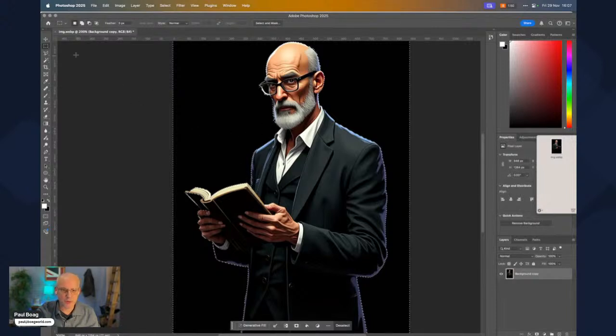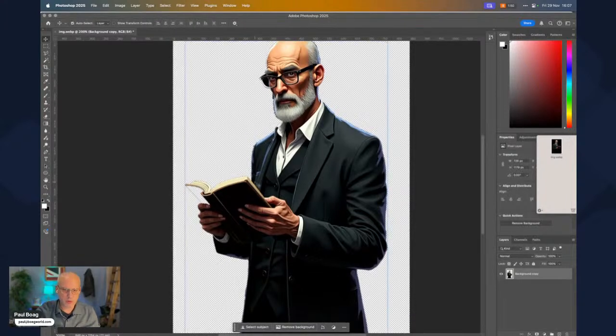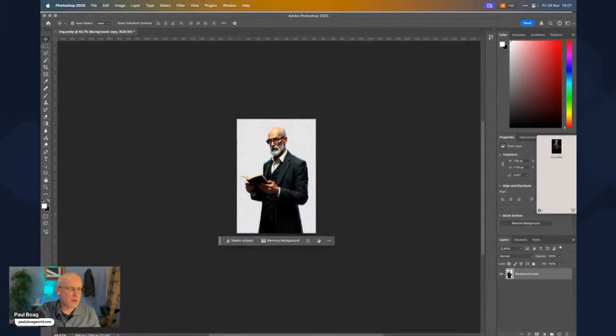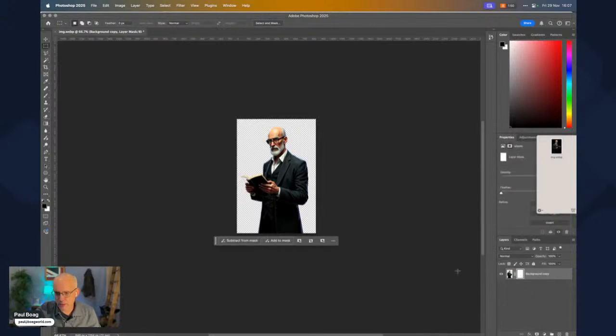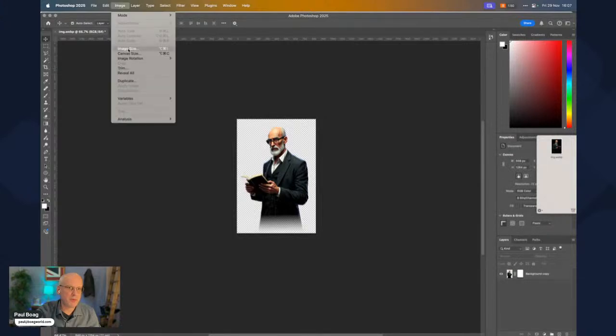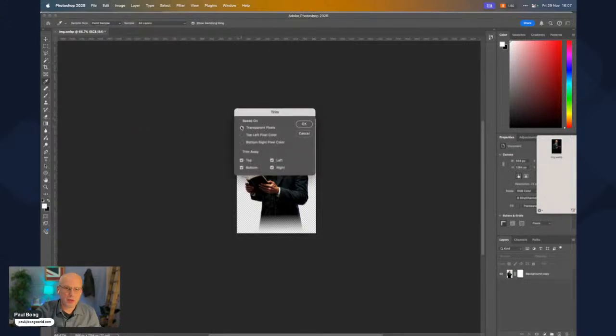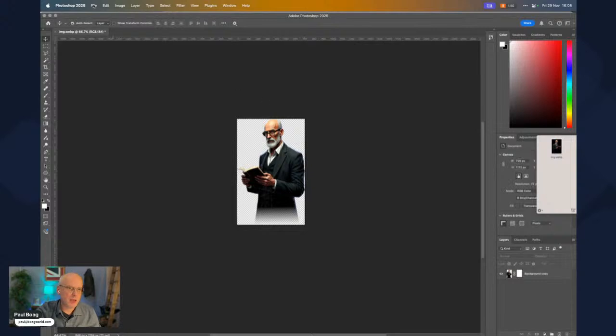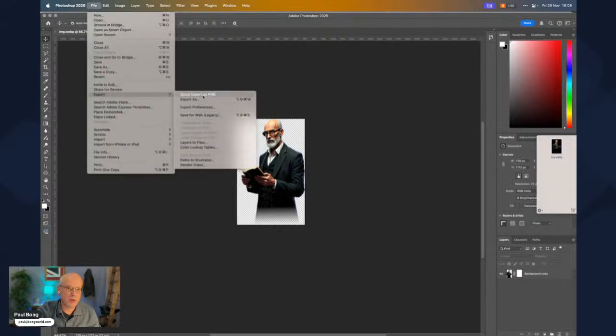See this? I hope there's no potential clients watching the cavalier attitude that I have to doing this kind of work. Okay, and we need to add in a layer mask so that we can just do a gradient to gradient him out from the bottom, because he's dark there anyway, so that works well. Okay, that's then done. Then we want to trim him down so that there's no extra space around him. And finally, we want to export him as a PNG.